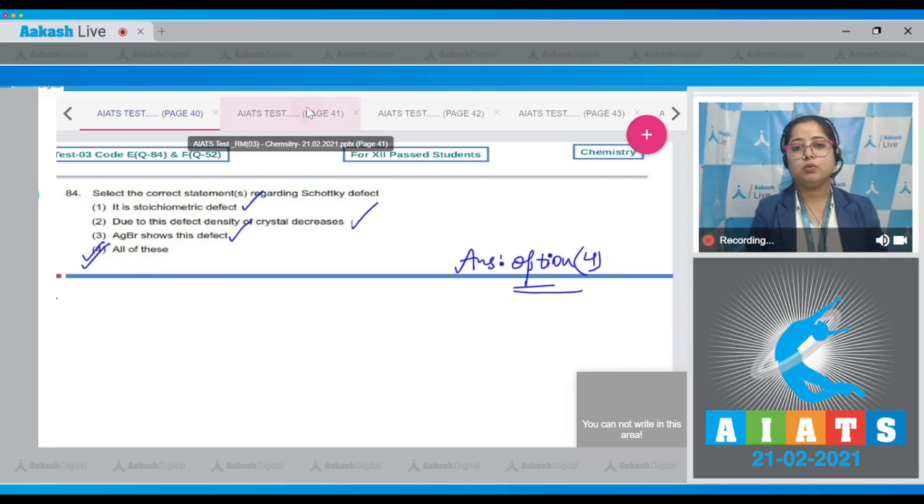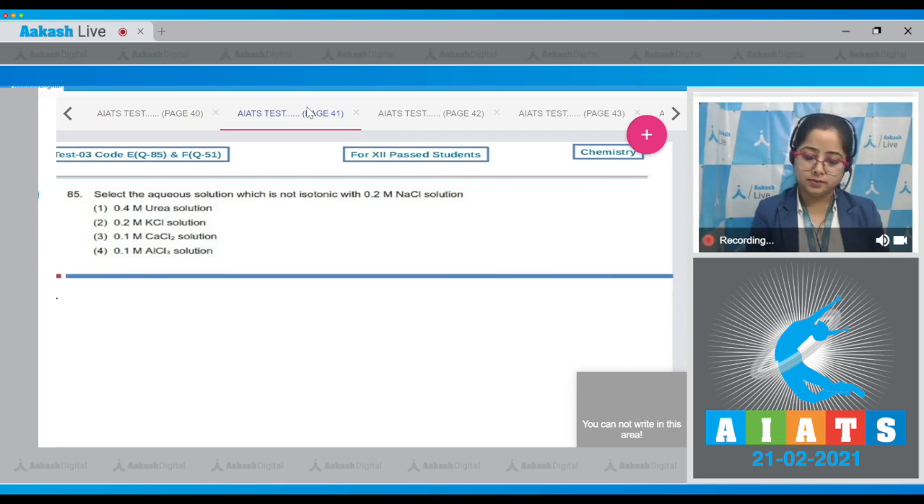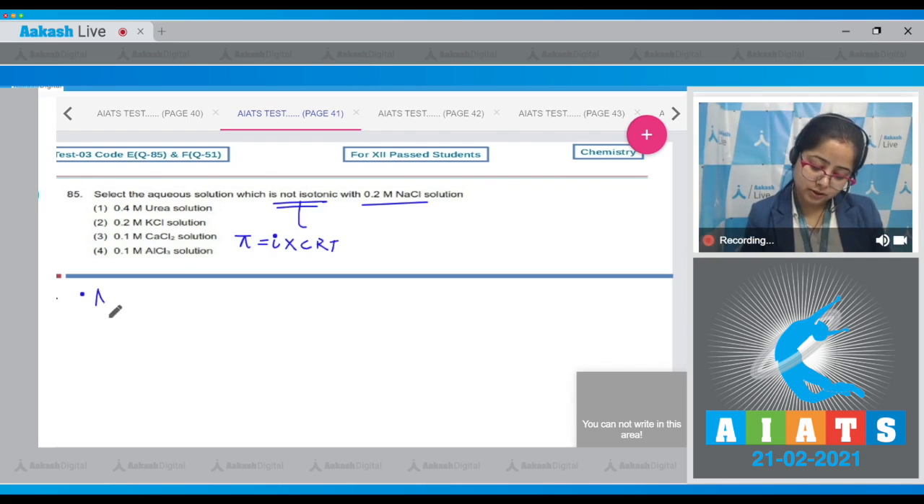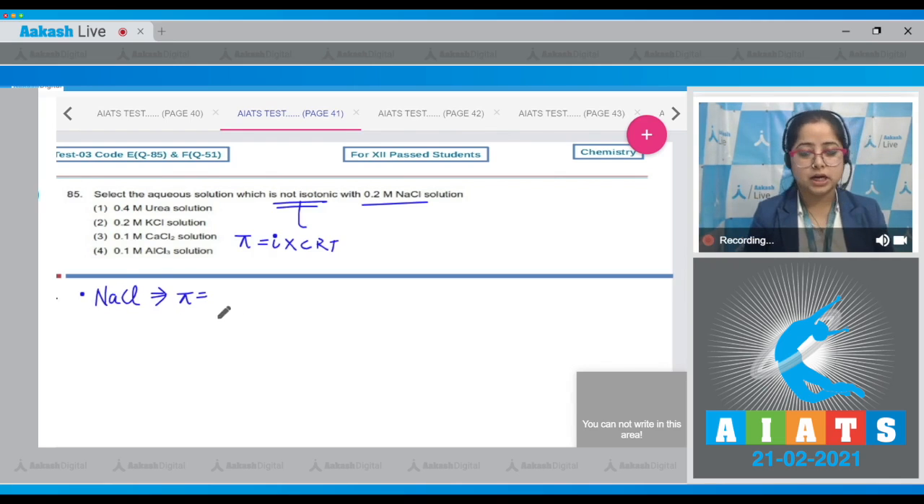Moving to next question, which is question number 85. Let's read it. Select the aqueous solution which is not isotonic with 0.2 molar NaCl solution. Student, first of all, we need to understand the meaning of isotonic. The solutions which have same osmotic pressures are isotonic in nature. So, let's start with 0.2 molar NaCl. Here I'm writing for NaCl, the value of pi is equals to iCRT. i for NaCl is 2. Concentration is 0.2 RT, which is equals to 0.4